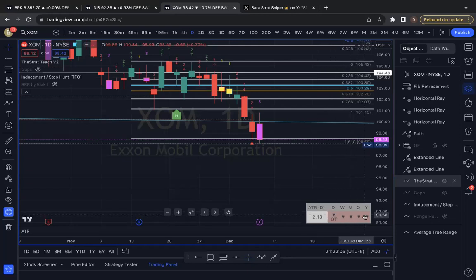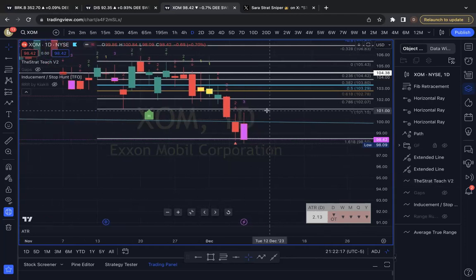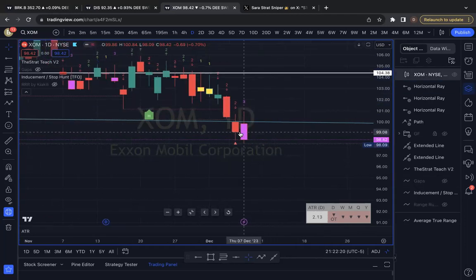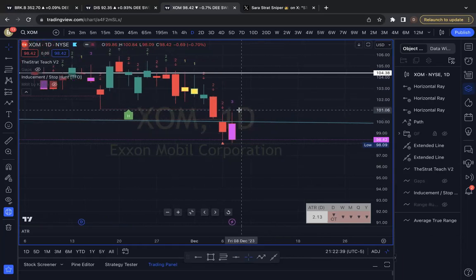Now, when they all agree with each other, then that is a higher probability that the trade will go in your favor. So let's say for whatever reason, XOM goes 2 up tomorrow, giving us a 3-2, and we will be looking at a 3-2 up. So it will be green on the day, but it's still red on the week, the month, the quarter, and the year. So if we get a 3-2 up shooter tomorrow, you bet I will be getting into puts. If we got a shooter tomorrow, I will be getting into puts on Monday